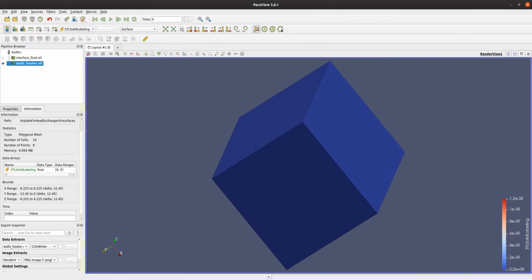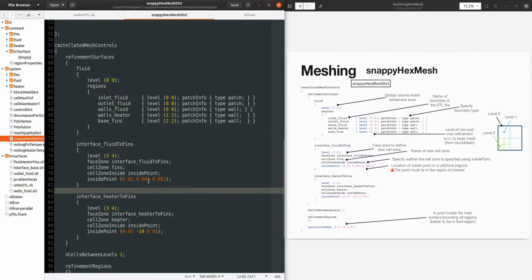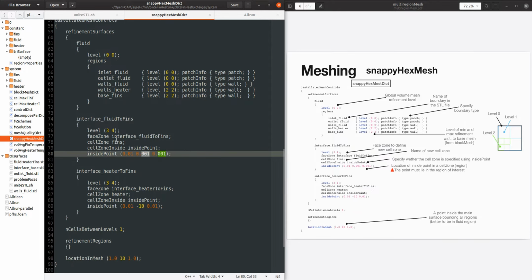And so here we can specify a point which lies in the fins region, and similarly for the other case, that is the heater region, we can define a point that is inside the heater region.